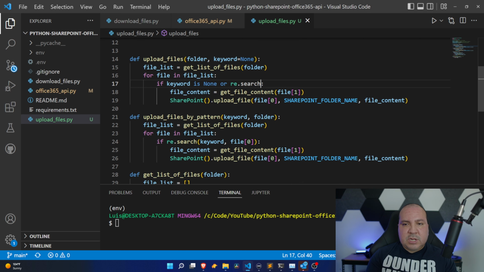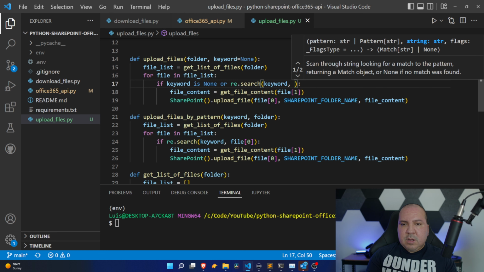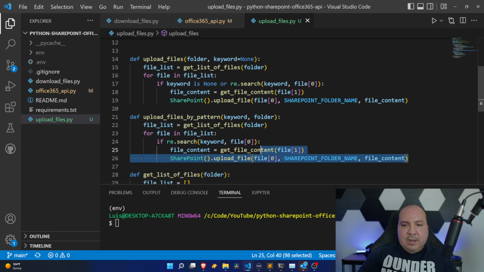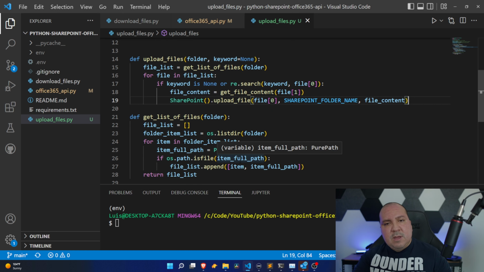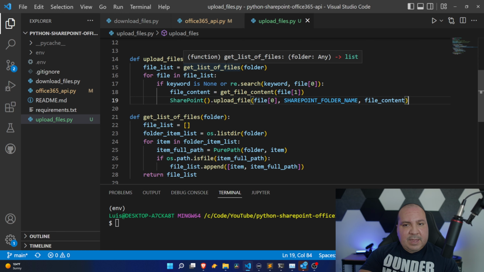A regular expression search keyword, comma, file index 0. Now this has to be true. So ultimately it's saying if keyword is none, or if the keyword matches the file name, which is true, then execute this. Which means I do not need this. I could just get rid of that. It's not even needed. So now, instead of having another function for that, we just eliminated that and added it to here. But again, we don't need to provide a keyword. Only if we do provide a keyword, then ultimately,